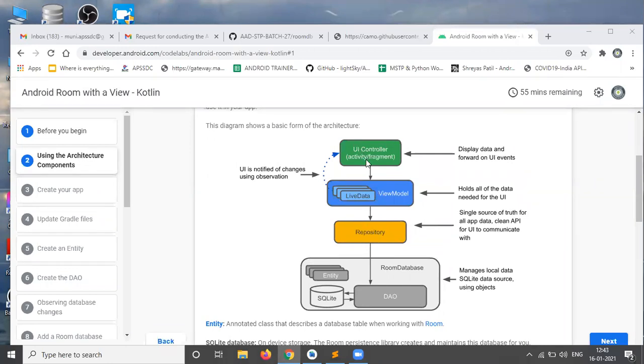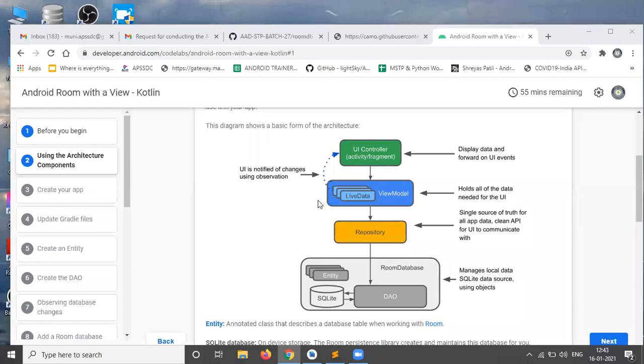So today we will do the UI controller and Room database. By next session, we will do it with live data, repository, and Room database. It is better for understanding the Room database.